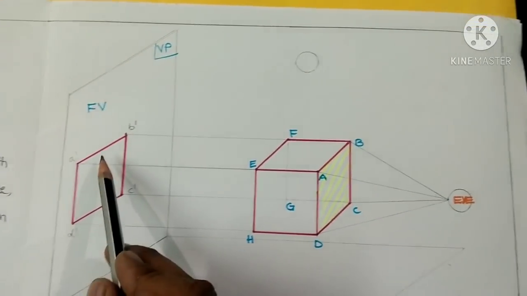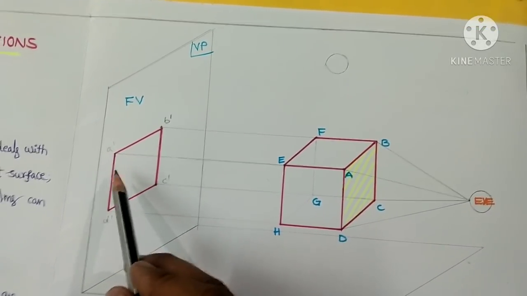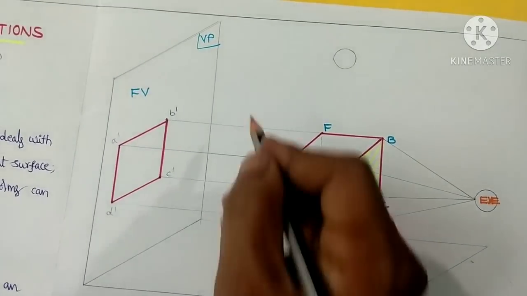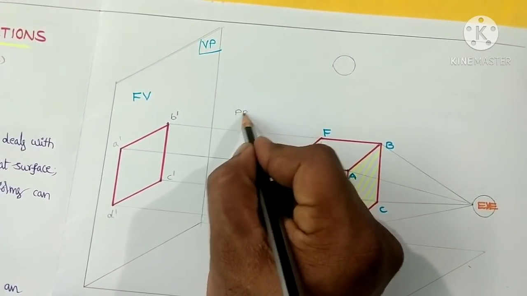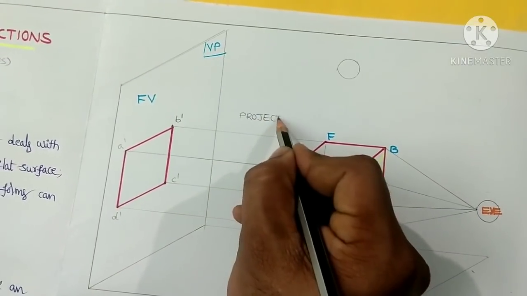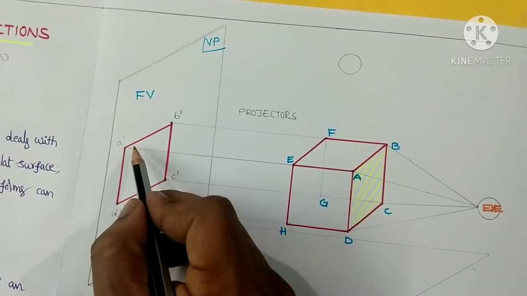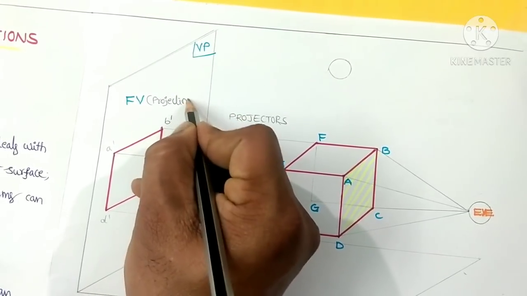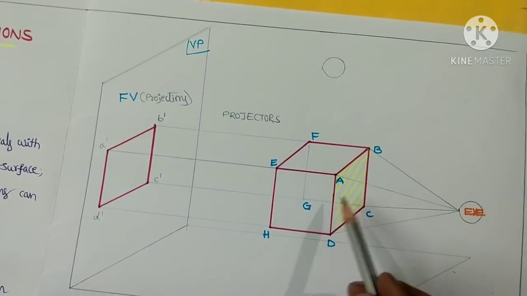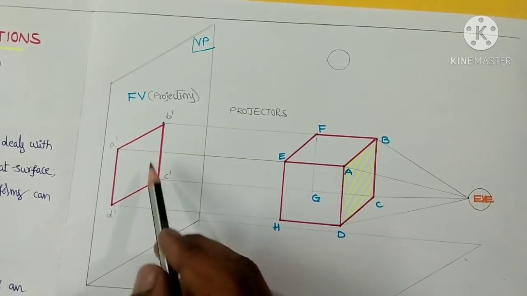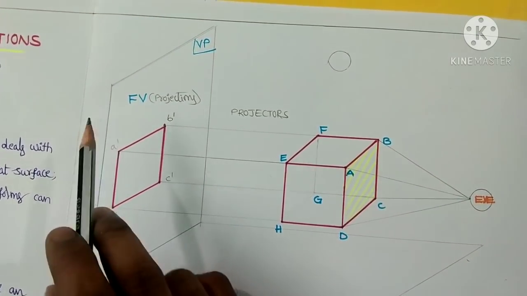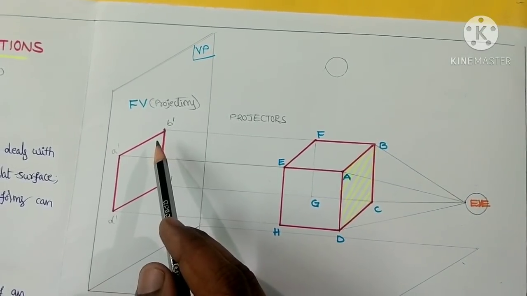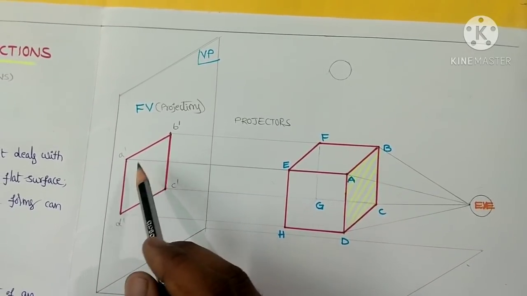Here this is our final view. This is also called projection. And if you observe these 4 lines, these lines are called projectors. Remember this point. These are called projectors. And this is the projection. So we are looking at the object from in front of that particular object. That is why this projection is called the front view. So view or projection are both the same. View or projection, that diagram or figure, is called the projection.